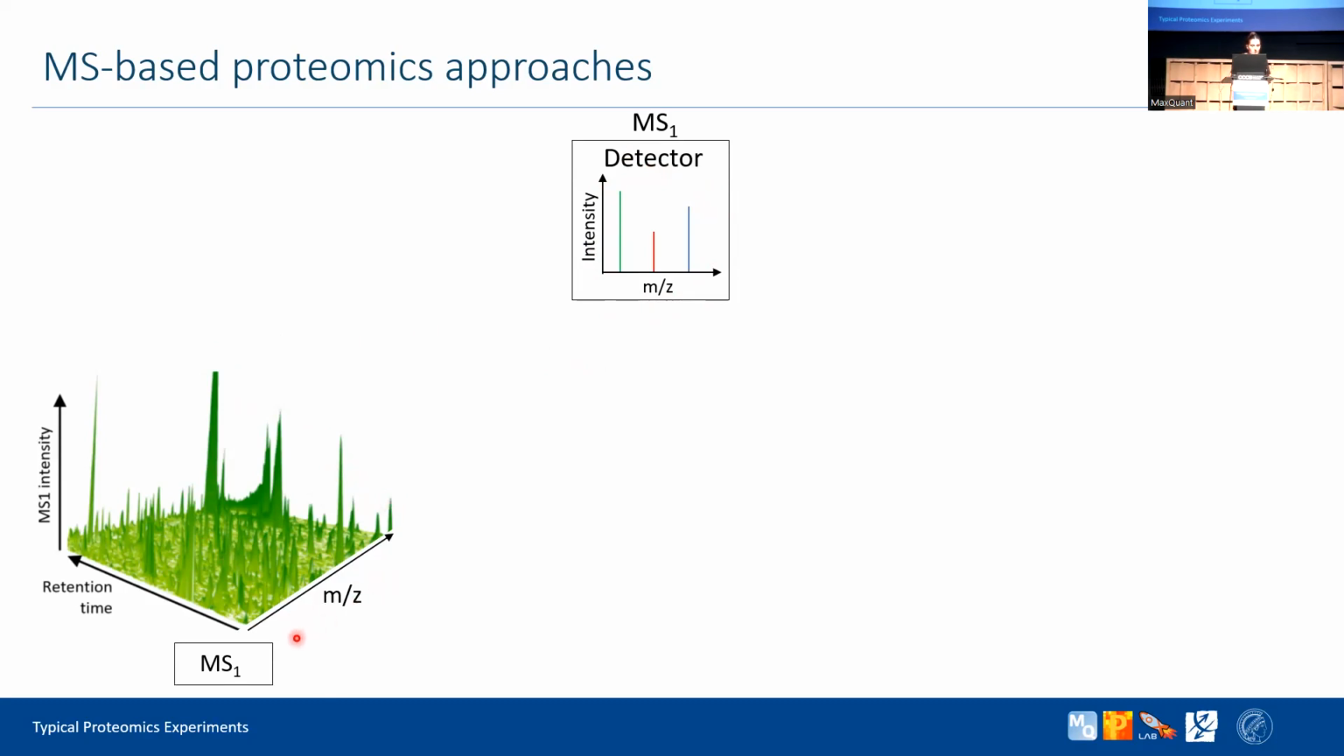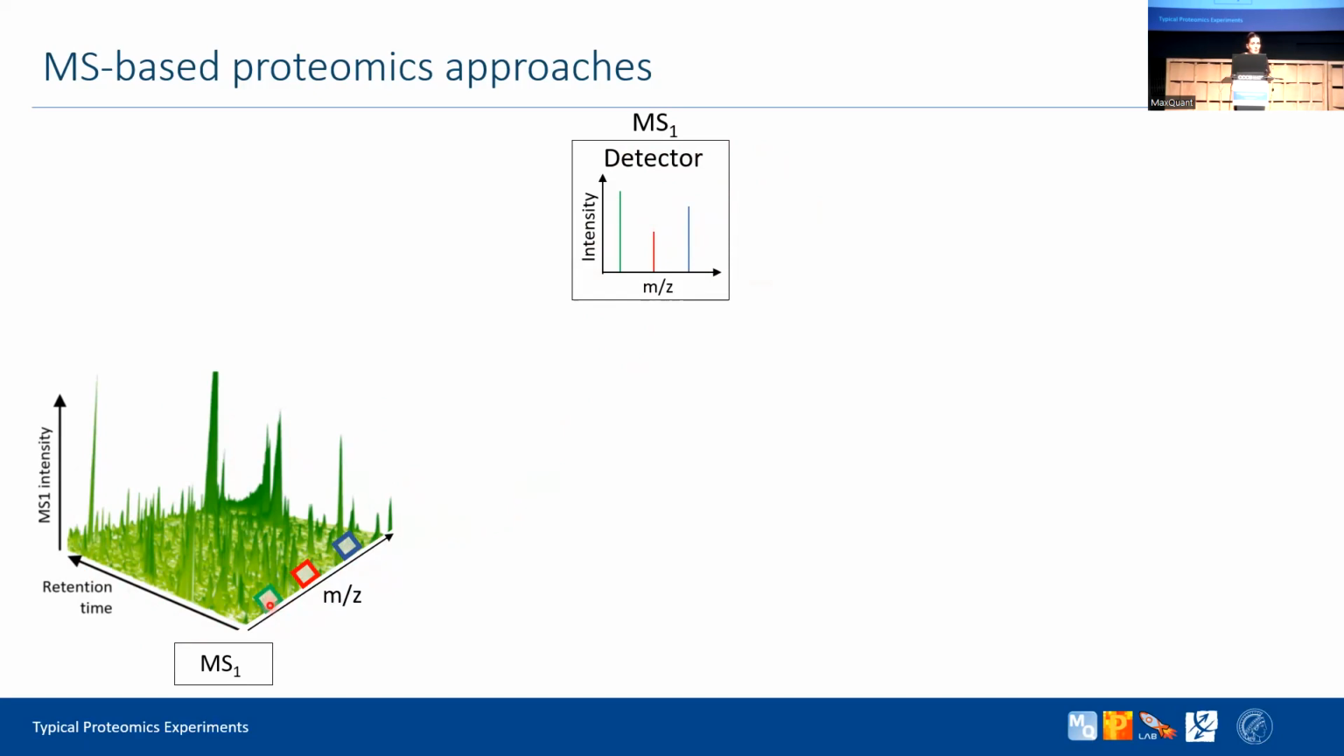As you can see here, at the MS1 level you have three kinds of information: the m over z, the retention time, and the intensity. This 2D plot comes from slicing this 3D landscape at a specific retention time. So from the mass spectrometer, we actually get this 3D plot, and for a specific retention time, I have this 2D plot. And what I can do is